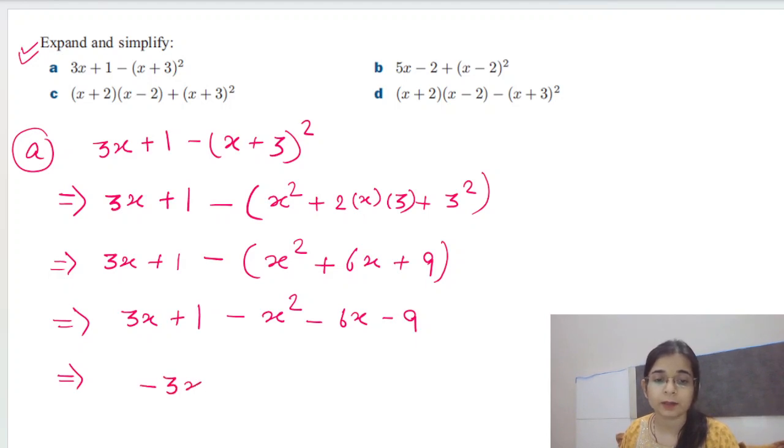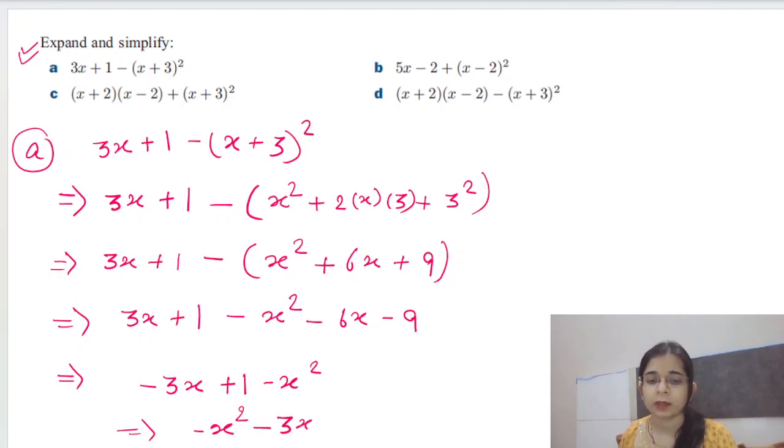I'll get minus of 3x plus 1 and minus x square, which looks quite awkward. So first we will write a quadratic term, then a linear term in a proper order. In this way we can solve the difficult expression using just a little bit of care. Okay, now